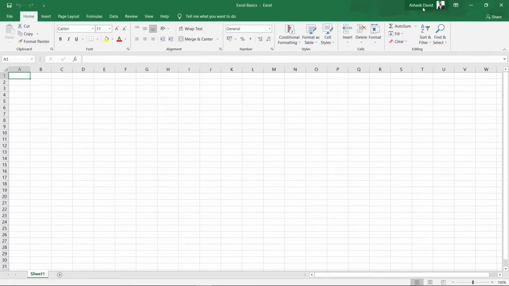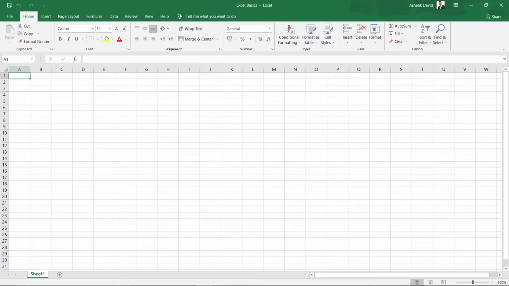So these are some options, like my name is coming onto the top of the screen, and this ribbon option might not be there in your older versions of Excel, but that's not a big deal because we also don't use these options much, and this has no connection with the main things that we are doing onto our worksheet. So no worries. If you don't have this option, it will work fine for you and you won't have any need for that. So let's move on to our other options.